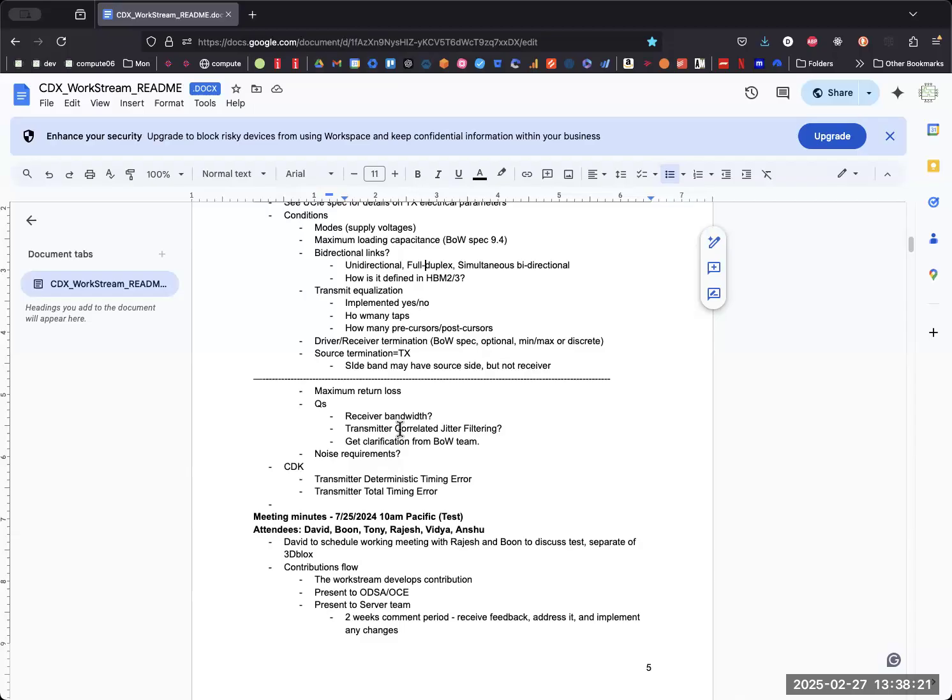I do not have PHY instances. These are proprietary, right? So I do not have access to actual data. But maybe we can start with whatever the BOW and UCIe have as a standard. Maybe HBM is also interesting, in a way, right? If we can capture those three, I think that would be good.